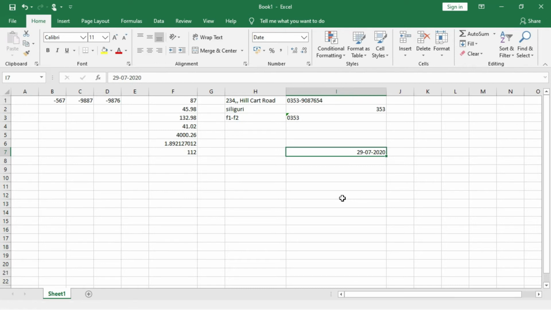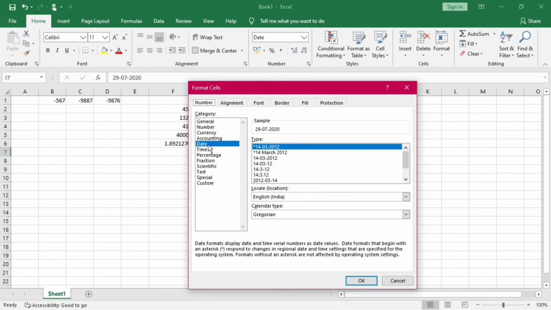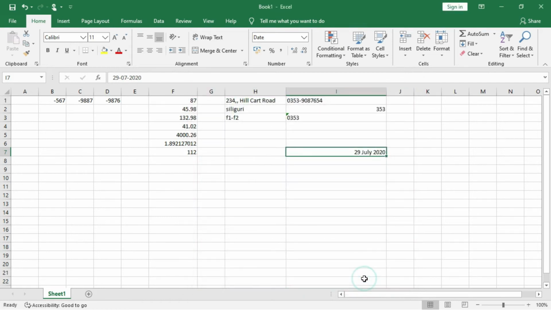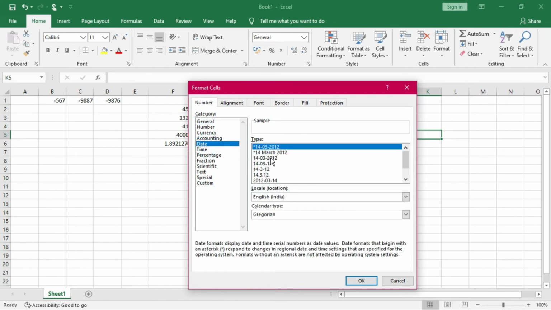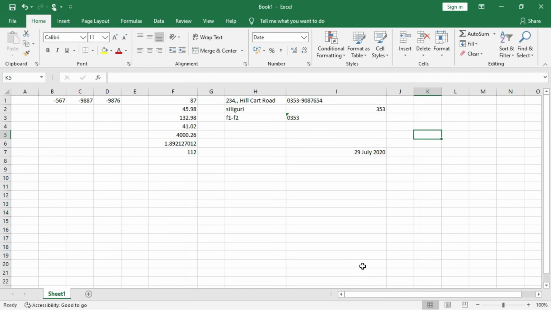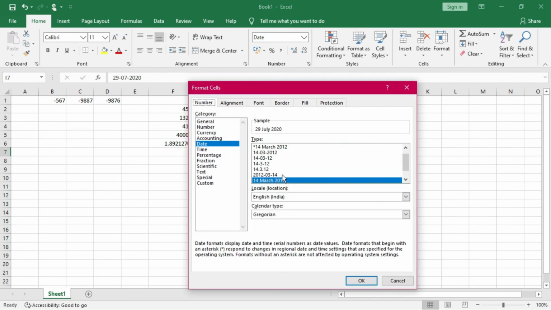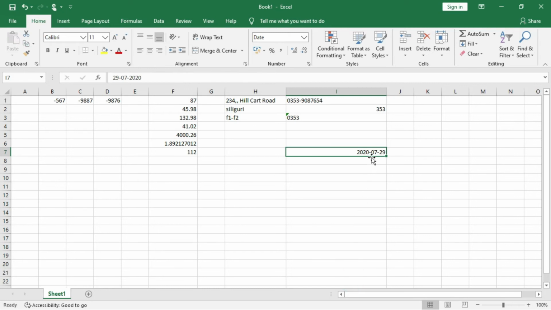So now let us see how this is being done. You see the several formats that are shown here. Suppose you want this one, say for example 14 March in this form, so you can click on OK, and it will appear like this, 29 July. Its shortcut is Control 1. If you press Control 1 on the keyboard, this Format Cells dialog box will appear. Go to dates and then change it as per your choice. You can keep this like this also. Sorry, it has not been selected, that's why. Let's see, format cells and then go over there, where do you want, like this suppose. Now clicking on OK, it will take that format only.